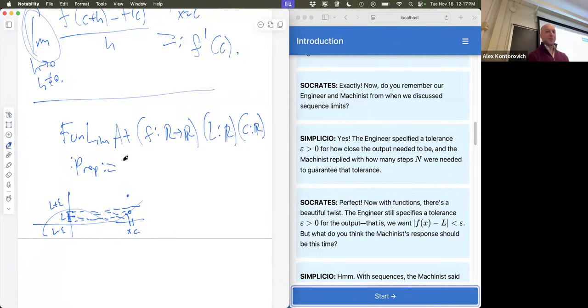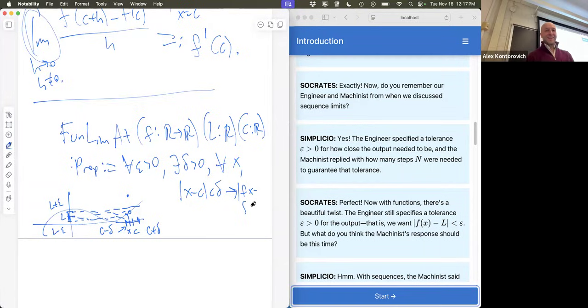So we can start this with, for all epsilon, that's the tolerance, there exists a what? A delta is the common term. Yeah, delta positive. So we'll get a delta window around C. This will be C plus delta, and this will be C minus delta, such that for all x such that absolute value of x minus c is less than delta, then you have f of x minus